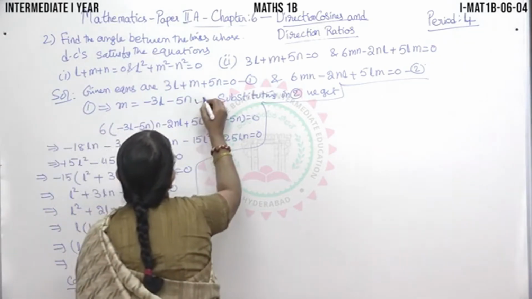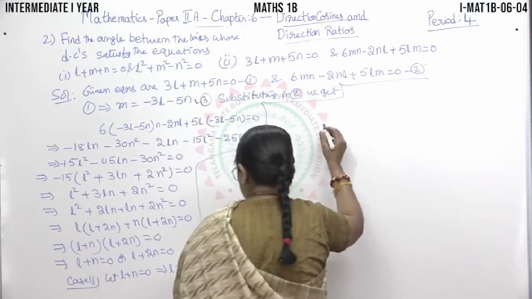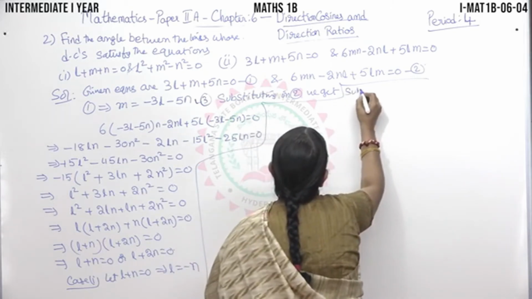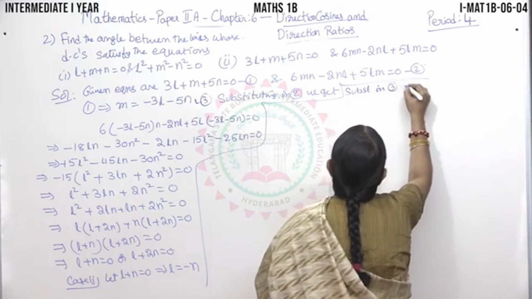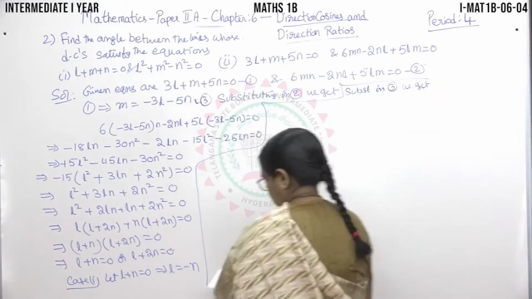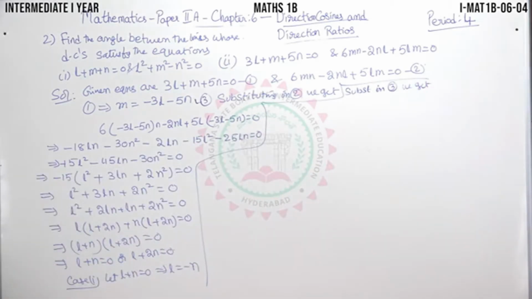We'll number this as 3. Okay, substituting in 3 we get